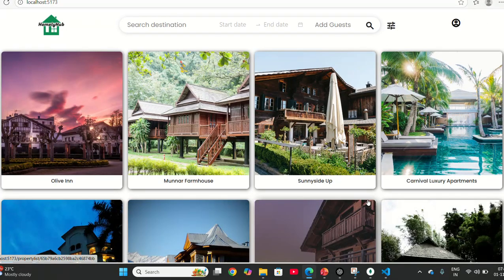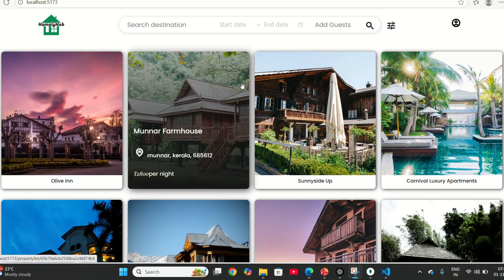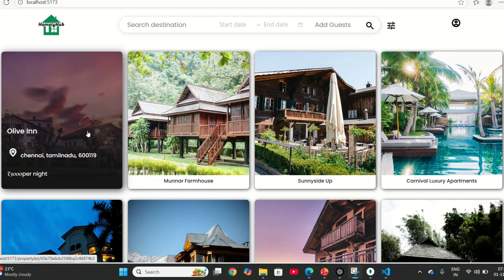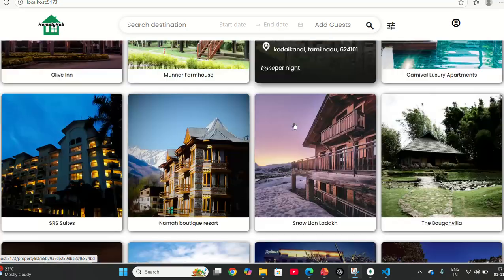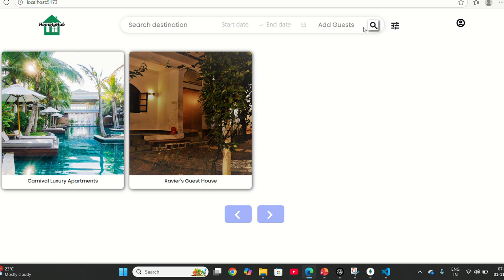This is our Homely Hub project. This is how our Homely Hub project looks. These are the cards in the Homely Hub application consisting of property details, and this is a search bar. We can add the guests also. We can search the places also, like when we type Goa and click the search icon, it will show all the places in Goa,